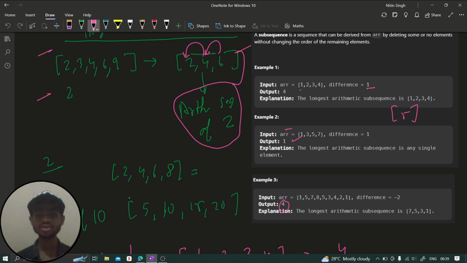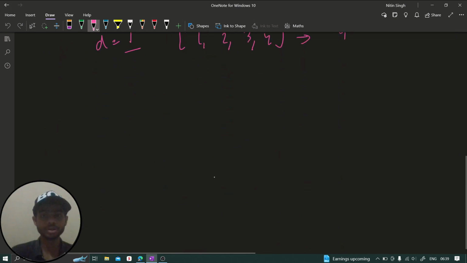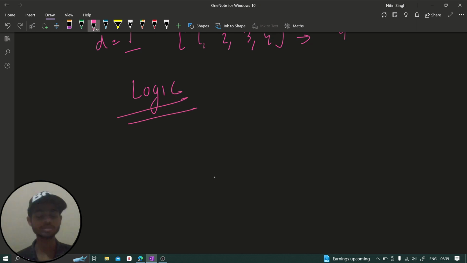So I hope guys this makes sense. So we have understood 3 examples. So this makes your mindset clear with this particular problem. So now guys, what we can do, we can move to the logic part if you understood the problem statement. So let's move to the logic part and try to understand the logic of how we can solve this particular problem,